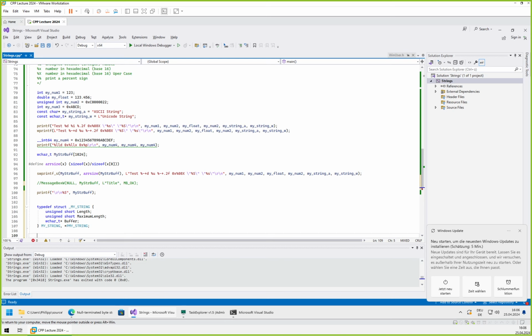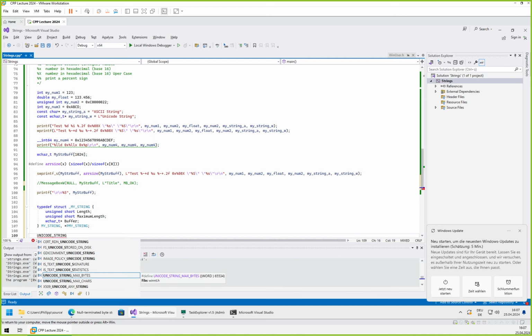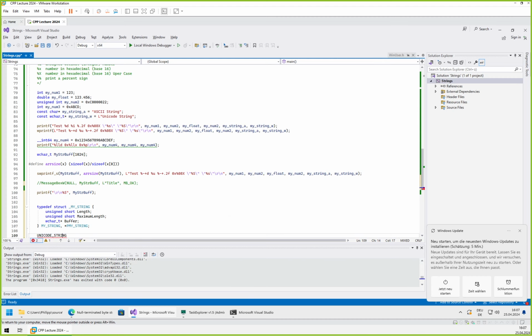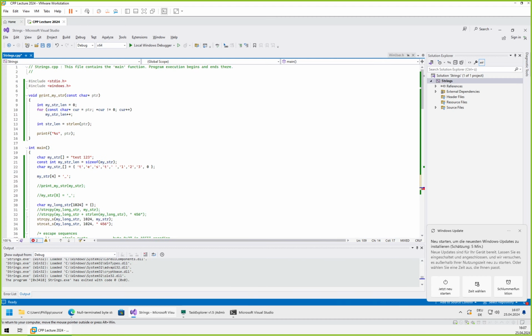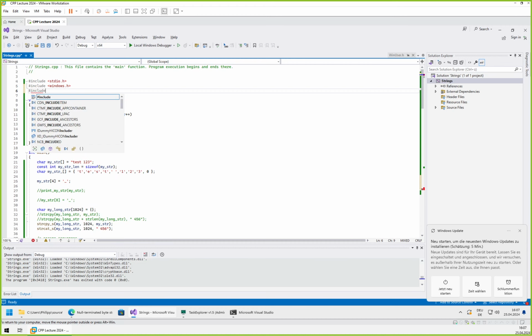In fact, this is quite similar, or actually identical, to how the Windows NT kernel, so the part that usually people don't interact with directly, handles strings. So all the NTDLL APIs expect not null terminated strings, but strings in this format. They're just called Unicode string. I'm just not sure if it's defined here, so we need to hash include